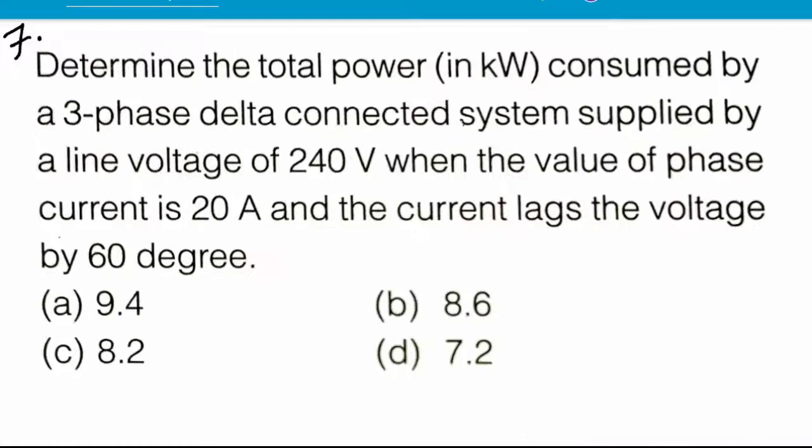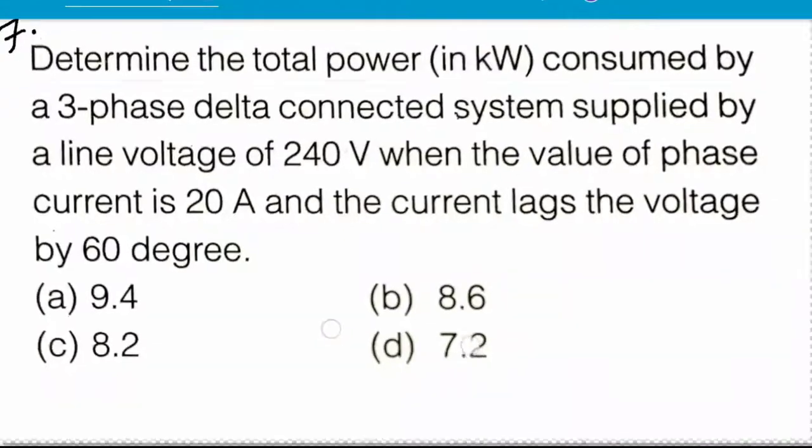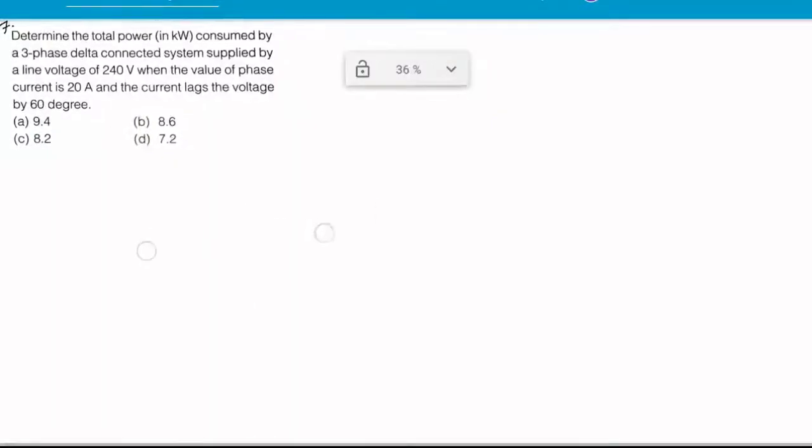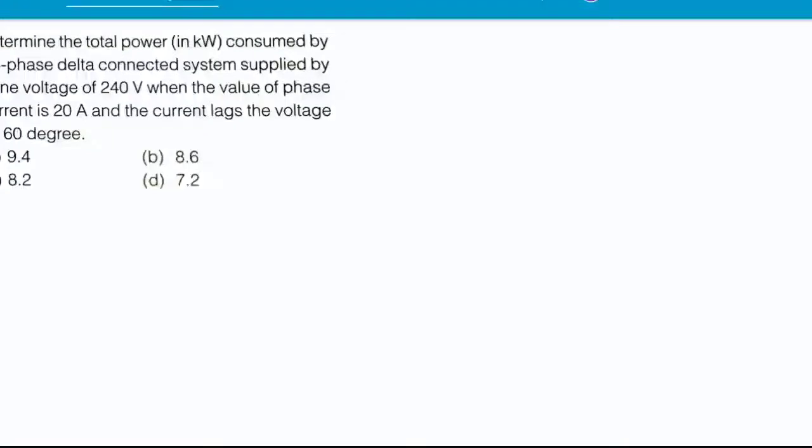Next question: determine the total power in kilowatt consumed by three-phase delta connected system supplied by a line voltage of 240 volt when the value of phase current is 20 ampere and the current lags the voltage by 60 degree. Here is the question and I am explaining here. Suppose this one is the delta connected circuit and 20 ampere is flowing in the phase,